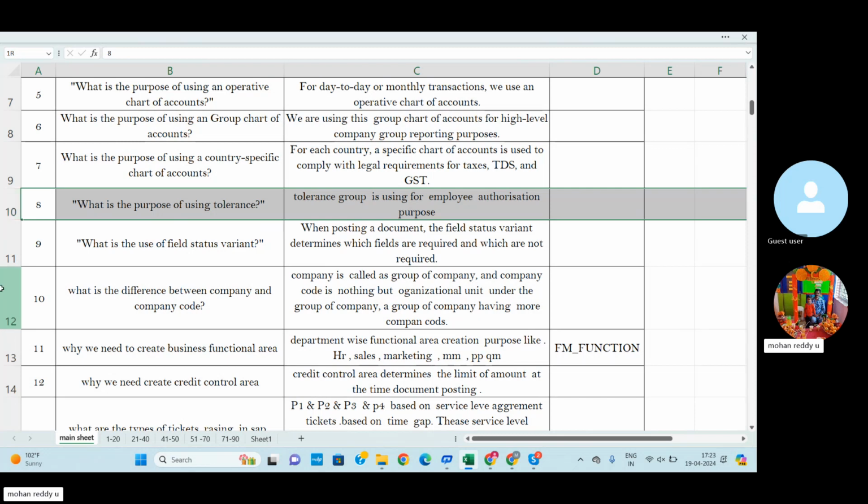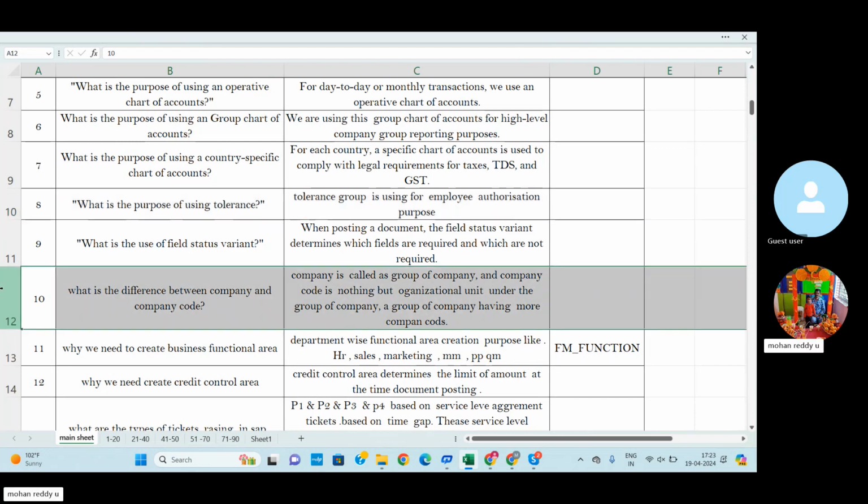Then we go for the 10th question. What is the difference between company and company code? Company is called a group of companies, and company code is nothing but an organizational unit. For example, one company, Tata Group of Companies. Tata Group deals with different types of products, like Tata Steel, Tata Insurance, Tata Motors, Tata Power.